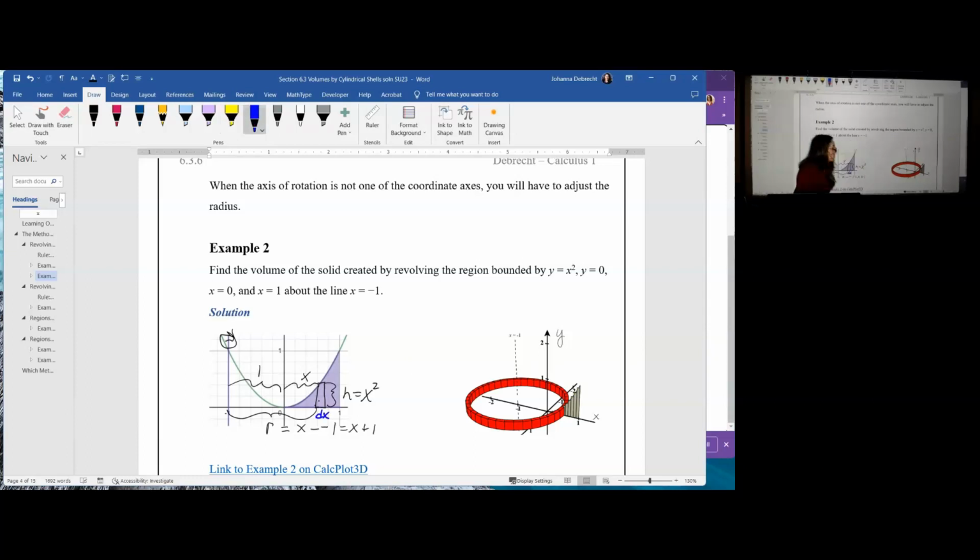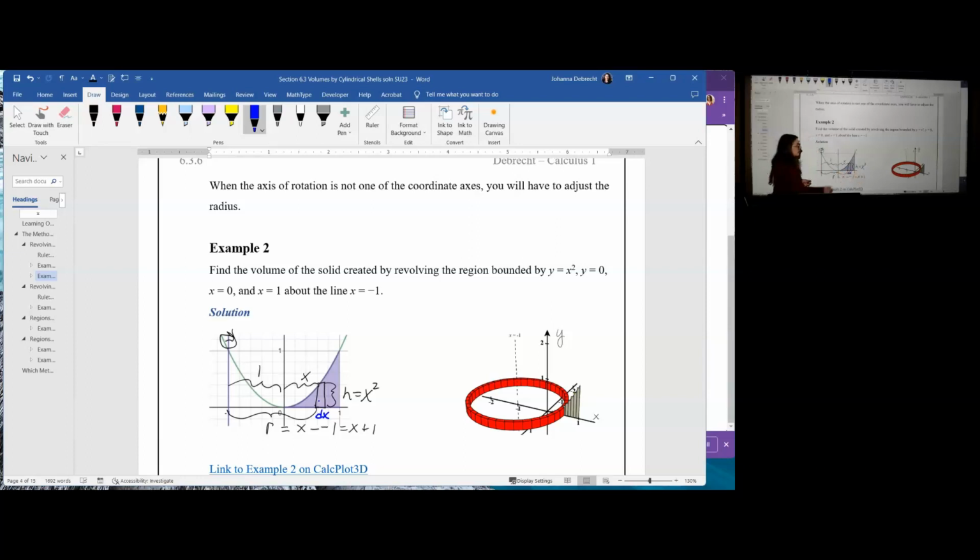When we look at this one, we need to figure out, based on the coordinates of the point where it meets the corner of the rectangle, what the actual radius is. Note that the radius goes from the strip to the axis of rotation. Measured from the y-axis to the region to be rotated gives us x. But the axis of rotation is 1 on the opposite side. You can think of this as x minus negative 1, or you can just simply write x plus 1 becomes